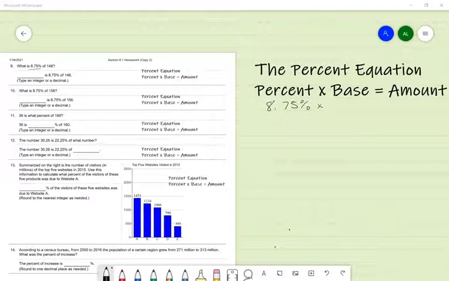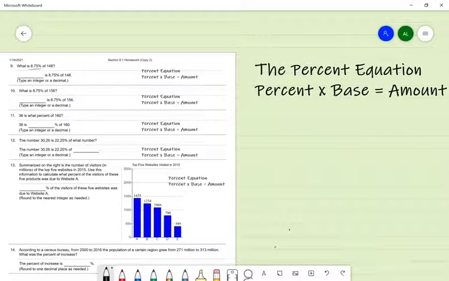For numbers 9, 10, 11, 12, and 13, we will be using the percent equation in order to solve the percent questions. The percent equation is percent times base equals amount. So starting with number 9, what is